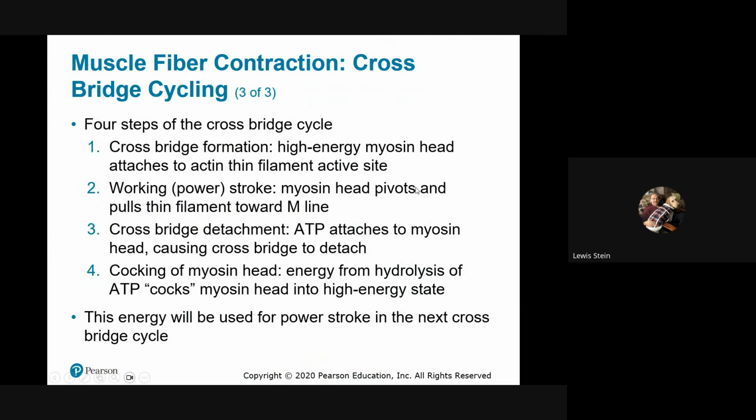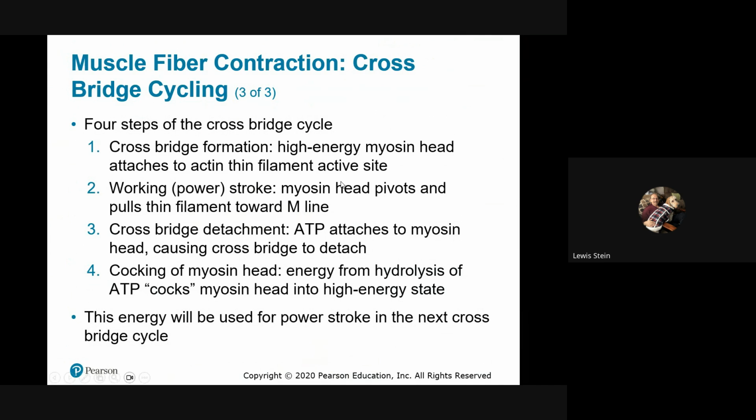So this is what we're going to look at, this cross bridge cycle. So now the calcium is flooded in. Now with the calcium flooded in, the tropomyosin threads basically are allowed to move because the calcium is attached to the troponin. Again, remember the sequence of events. Calcium attaches to the troponin, it changes shape, the tropomyosin is allowed to move, and exposes those active sites to one another. Okay, so the cross bridge forms between, when they say a high energy myosin head, that's just code for precocked. It's ready to fire.